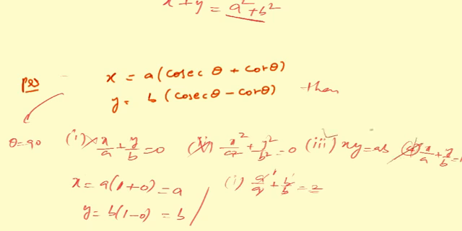So the remaining option is the third option, friends. So you'll be getting the answer as xy is equal to ab. Because when you are adding both the values, you are getting the answer as 2, more than 1 actually. Here it is only 0. If you square, it should be more than 1, but you are getting 0. Here it is 1. So the answer is xy is equal to ab.